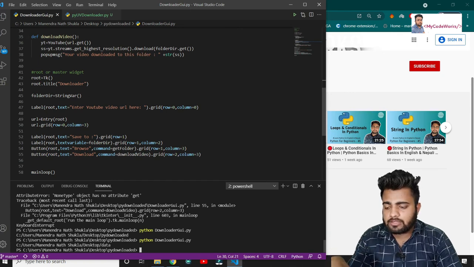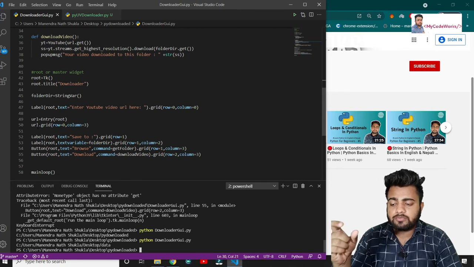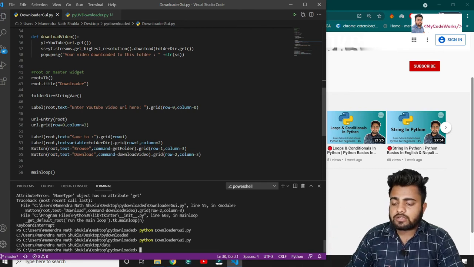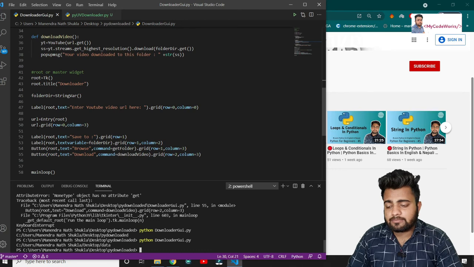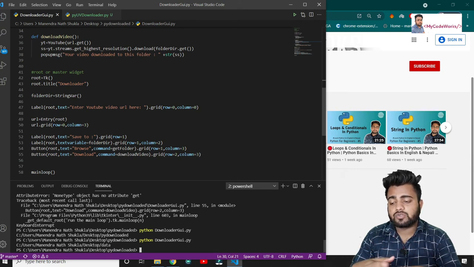Now we are getting the value, it will be an object, and from that object we can get the value, right? Simply we are putting url.get, which means URL is equal to Entry(root), and after that dot grid, if you are saying that, then it won't take the value.